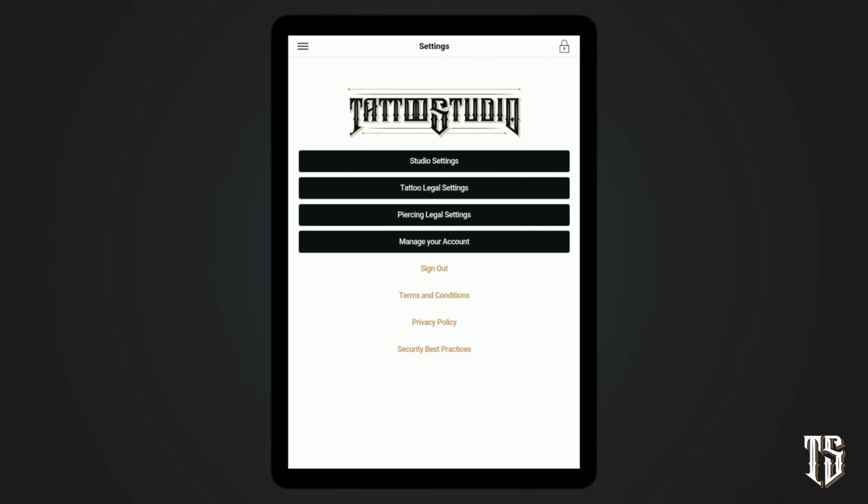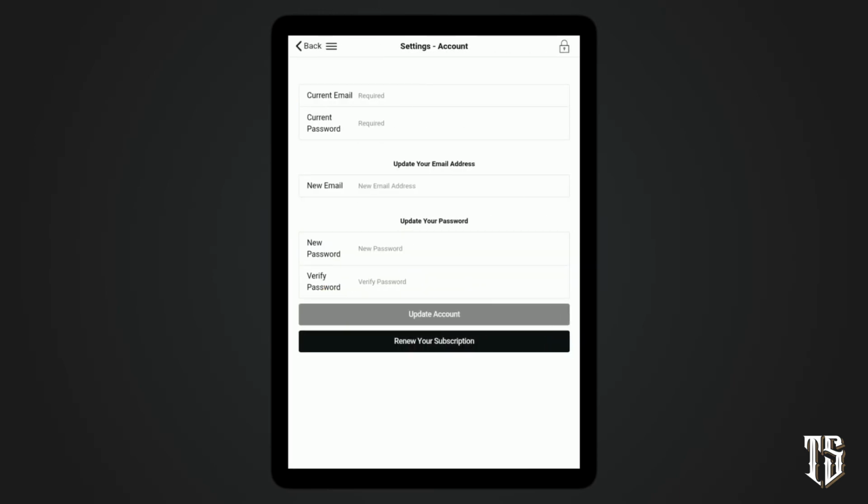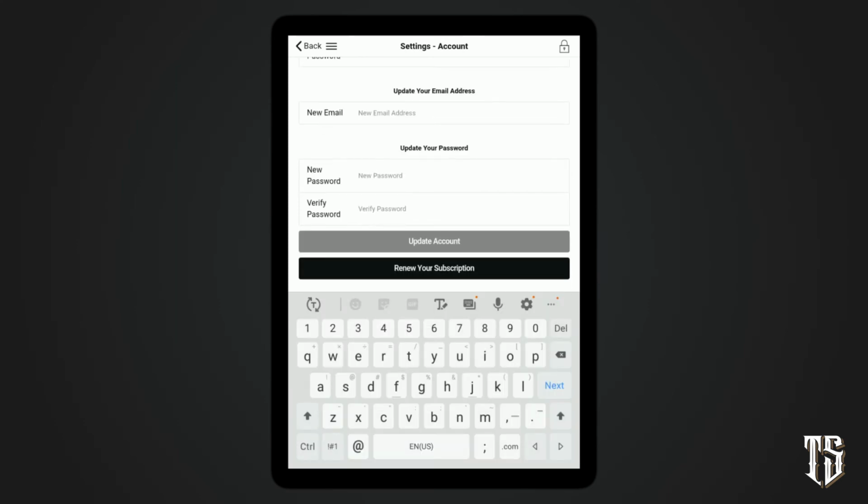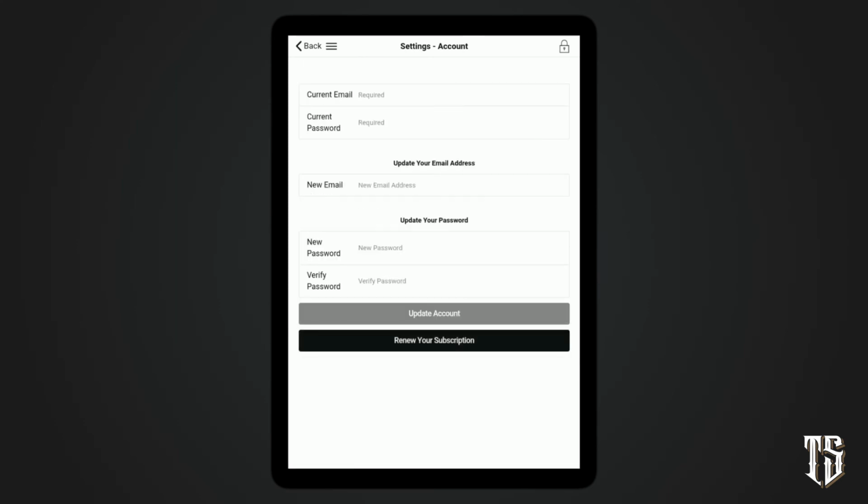And then the last settings button here is Manage Your Account. What you can do here is, if you want to update your password, change your email address, anything like that, at the top here you would enter your current account email address and password, and then you can update your email address, change your email address in that field, or update your password as well. Also at the bottom of the page here under account management,